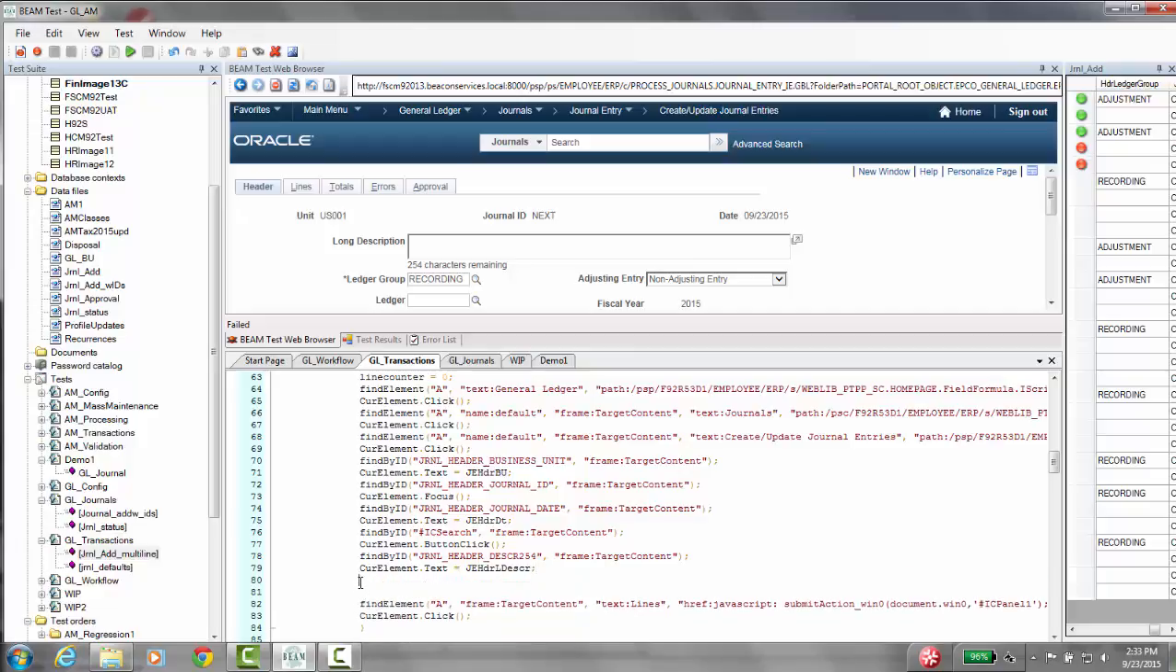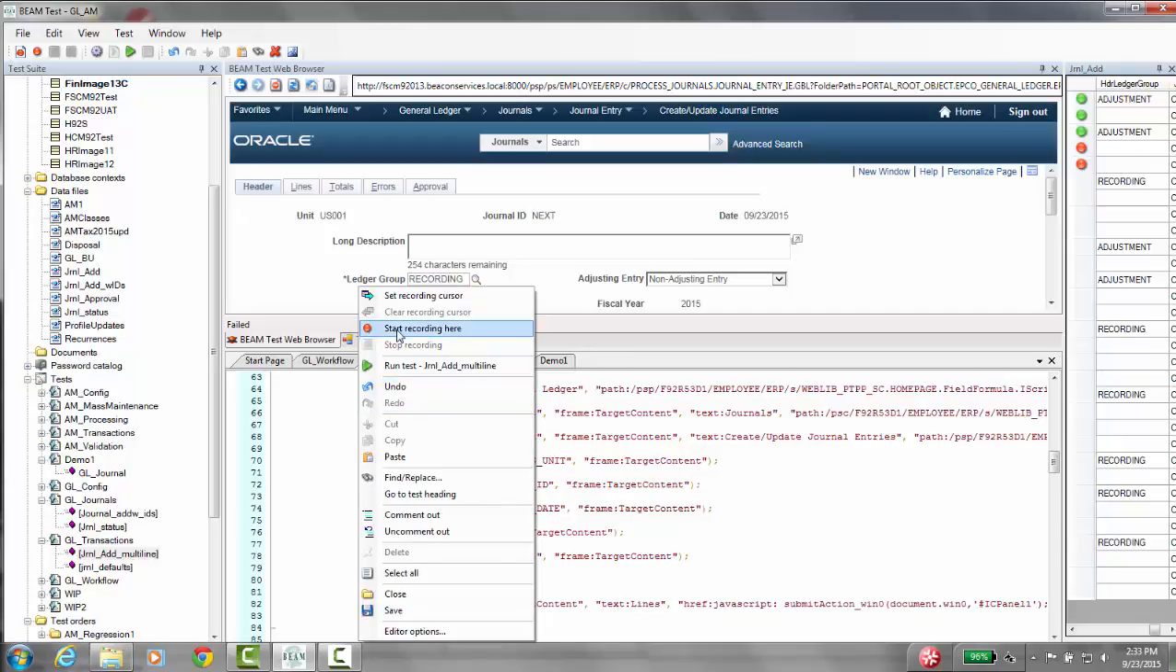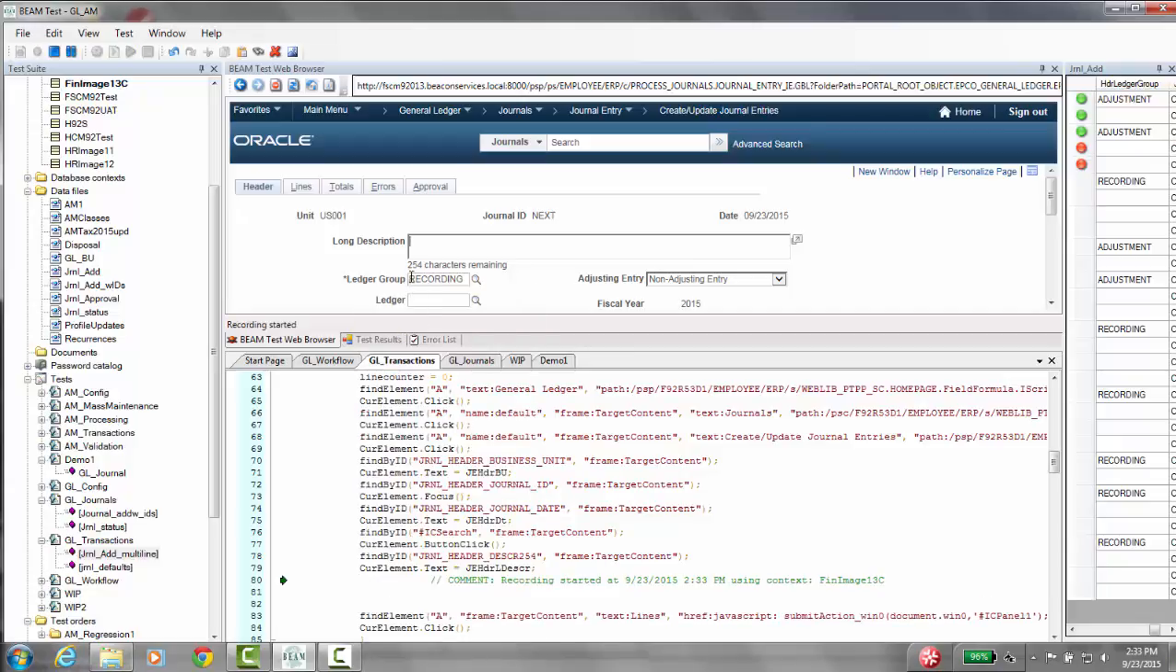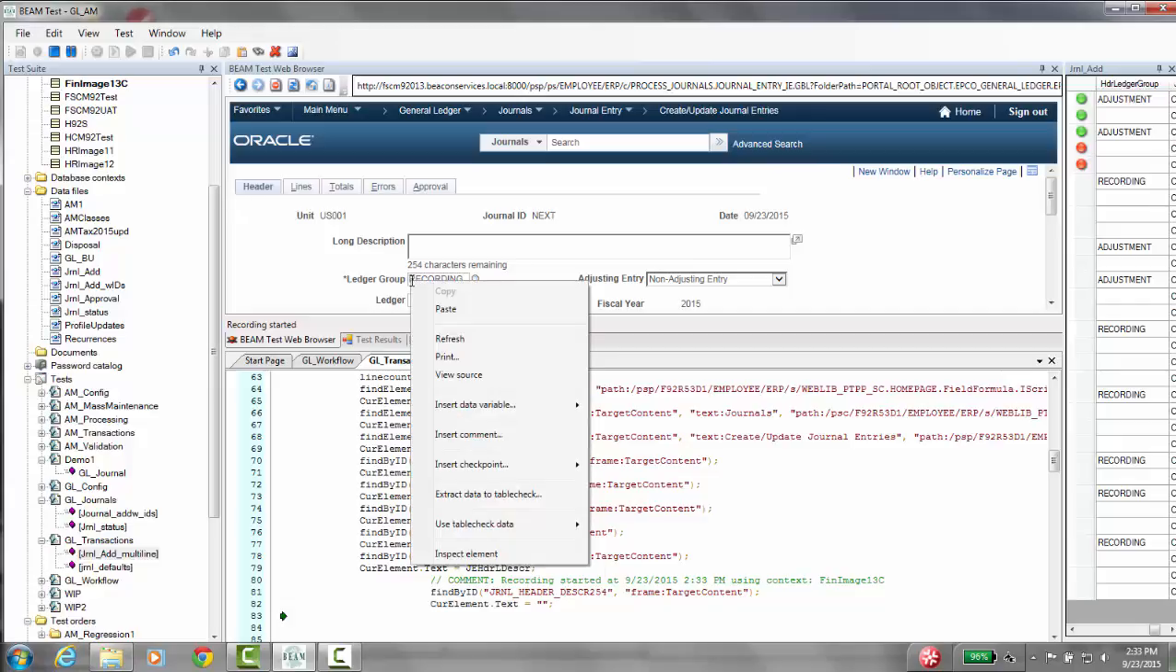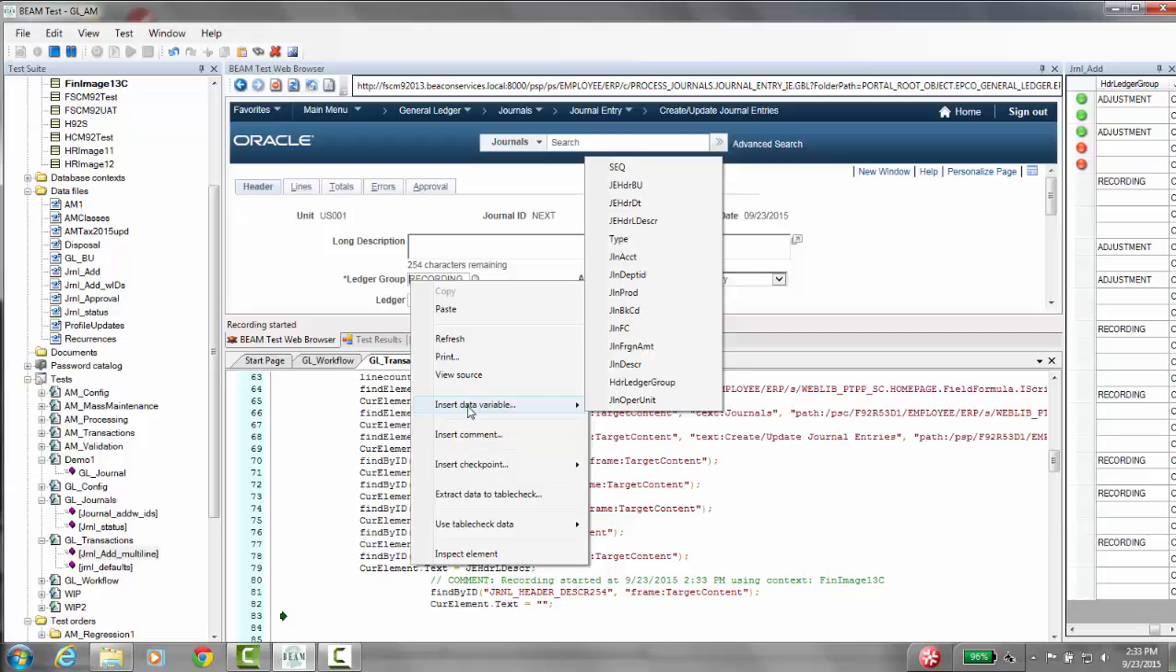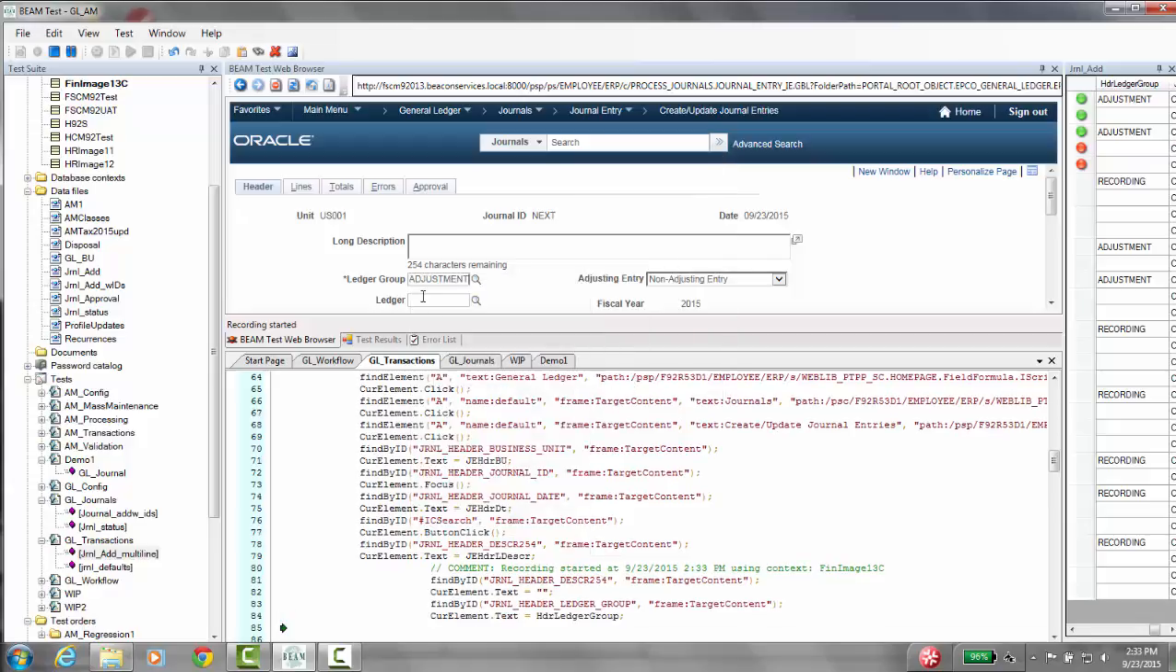So we will start our recording right here, and what we want to do is record the ledger group, and we will, instead of direct input, we'll accept that value from the data sheet. And that's all we had to do to actually bring in a new field. So we started that. We'll just comment out the initial there. So now